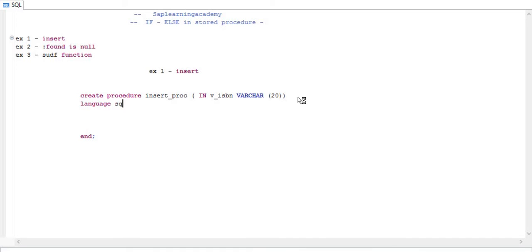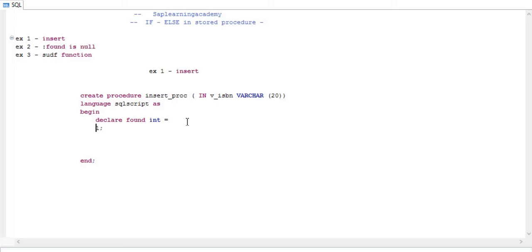This is by default SQL script, and after that you can start the code with as begin. First, in this example I will declare a variable called found, of type int, and I'm defining it as 1.